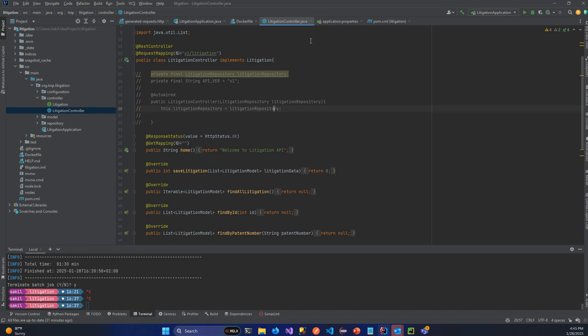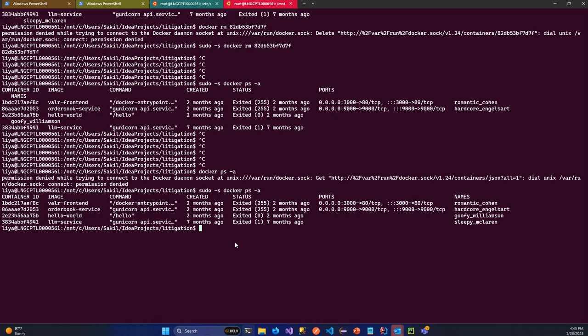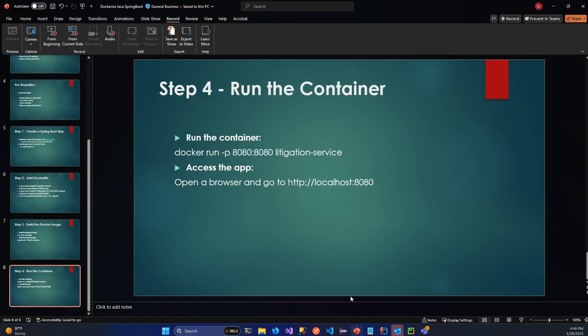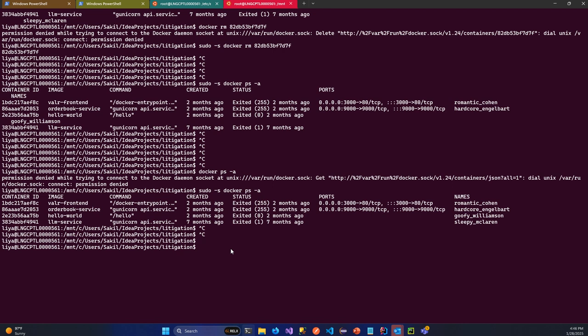For that, I will then go into my terminal. Again, I'll be using Linux as my terminal. What we need to do now, as we have shown, is first start using the build tool. We need to build. So if we do an mvn clean package,